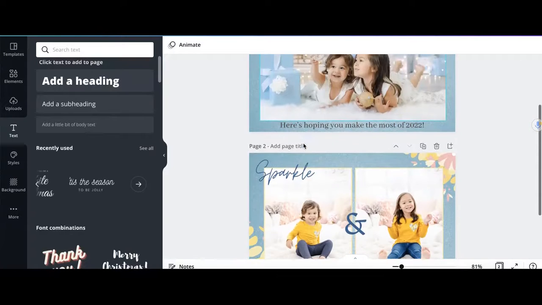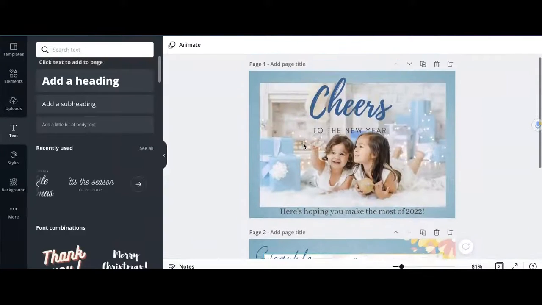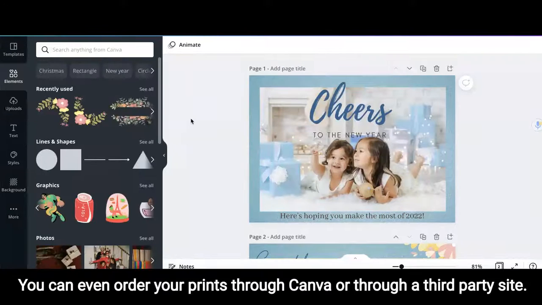Okay, so then once I'm done formatting my elements, I can check to see if I like what I see. And those were quick tips for